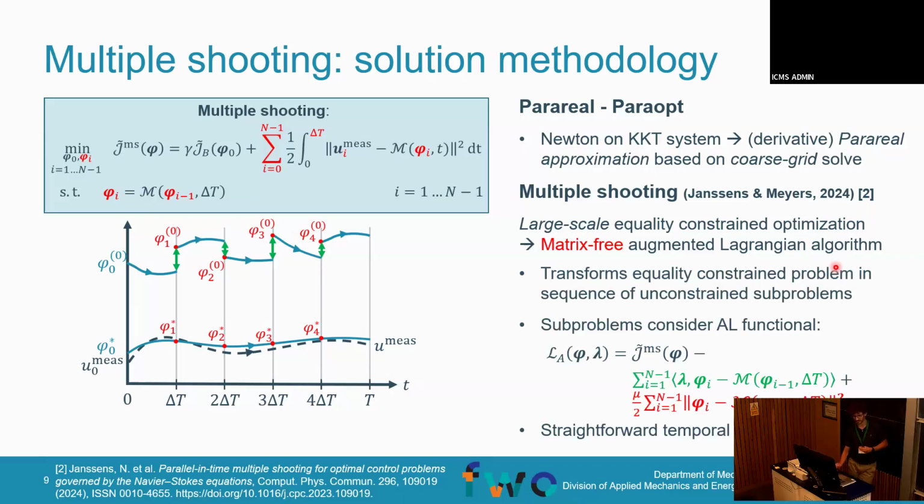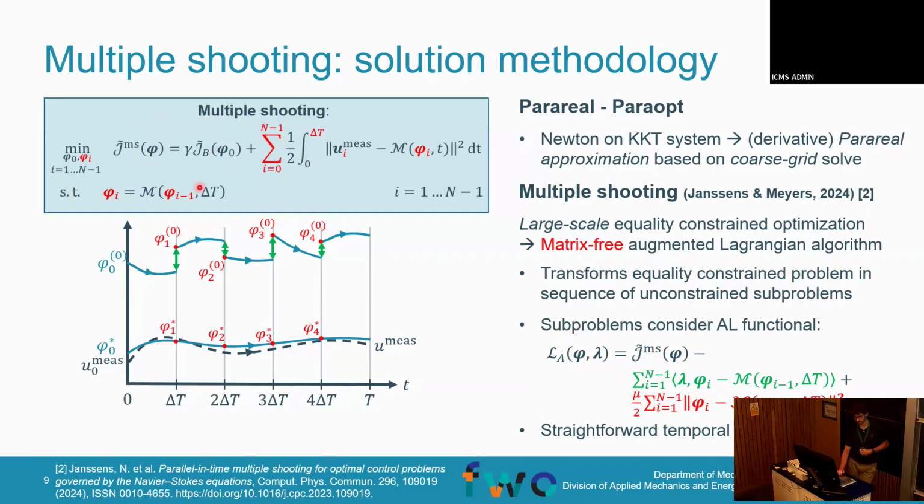So with this augmented Lagrangian, basically what you do is you transform the equality constraint problem into a sequence of unconstrained problems. And in each unconstrained problem, you minimize the augmented Lagrangian function. I've included it on the slide. This augmented Lagrangian basically consists of three contributions. So you have the objective function, that's the same thing that we have here. Then in green, you have a Lagrangian term, and then in red, you have the penalty term that basically penalizes